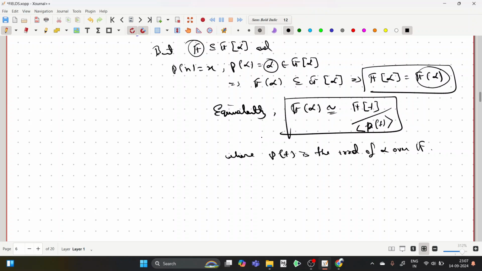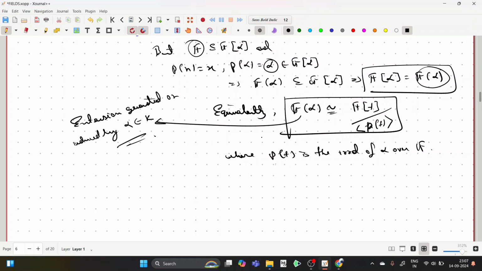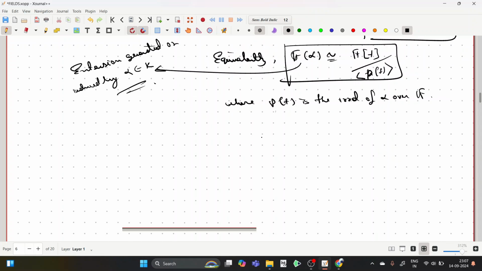And in this case we use the term that this F(alpha) is called the extension generated, or we also use the term induced, by alpha, which is in K. Thus given this definition, therefore